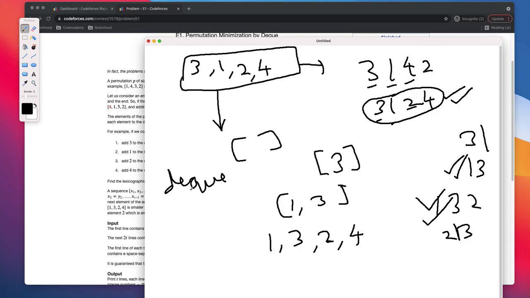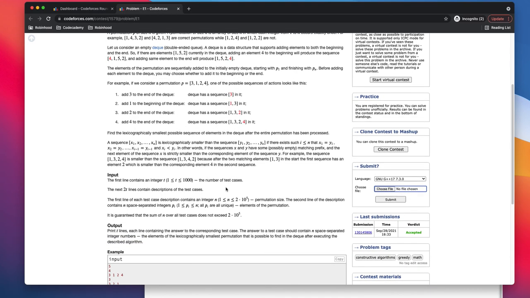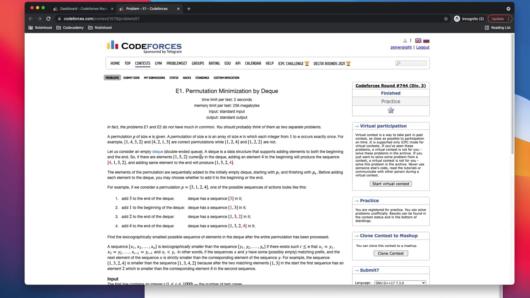It's available in the C++ library. So in a deque you can either insert in the front or in the back. So every time a new element came, I used to check whether the front value of the deque is greater than the incoming value. If it is, then we insert it in the beginning. Else, it makes sense to just insert it at the end. And it was a pretty straightforward approach. So yeah, this is how I was able to solve this question.